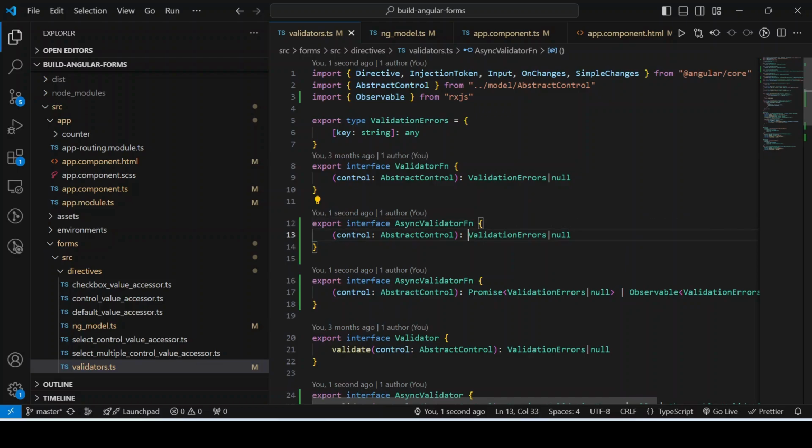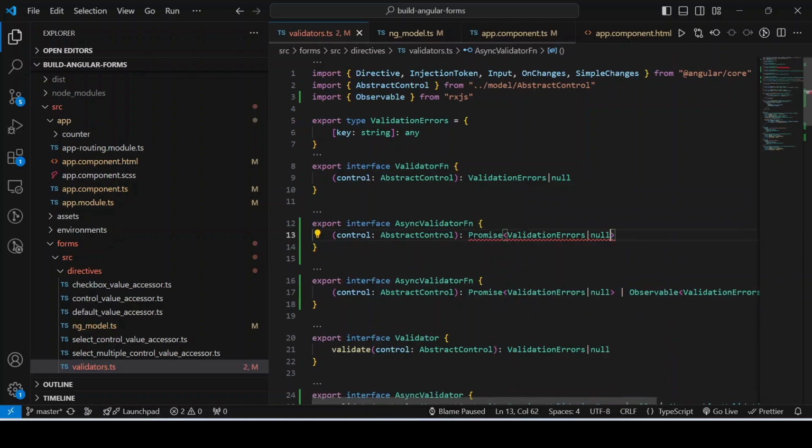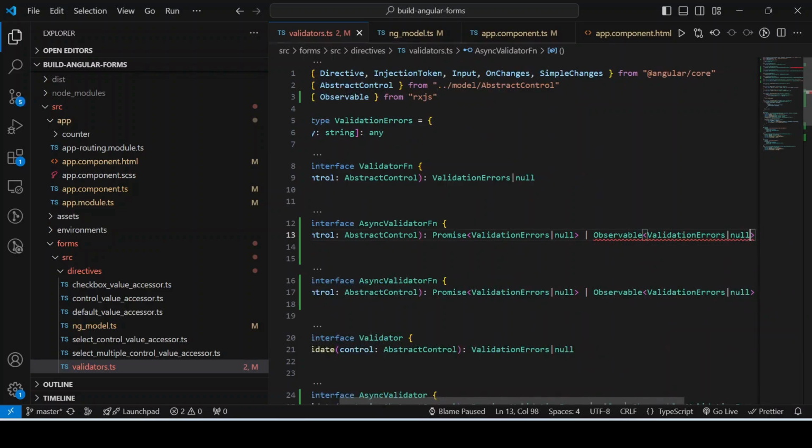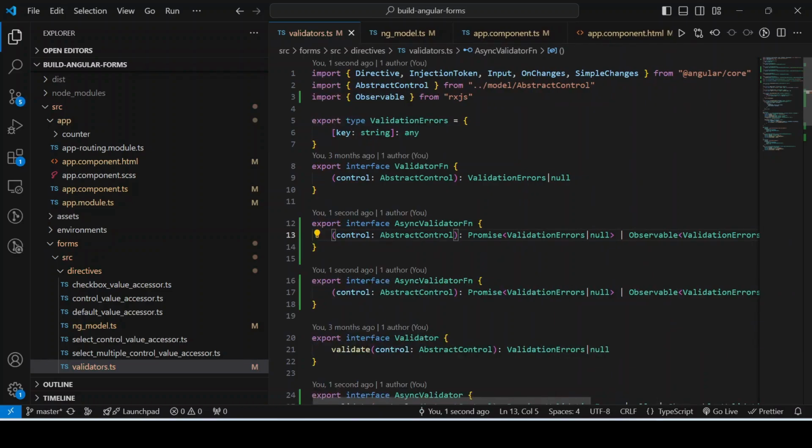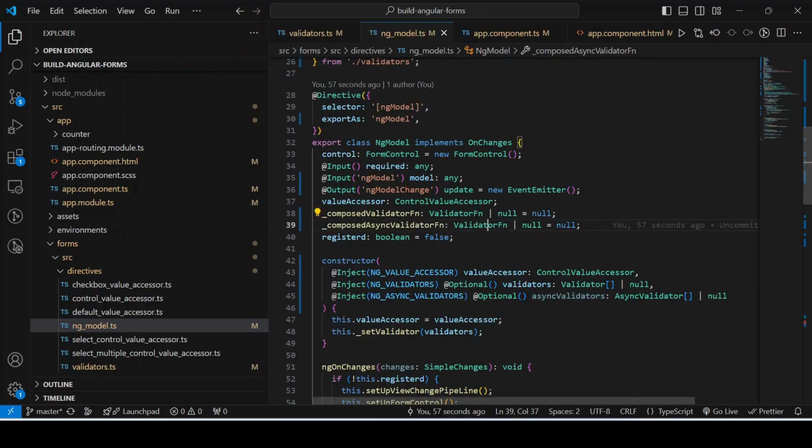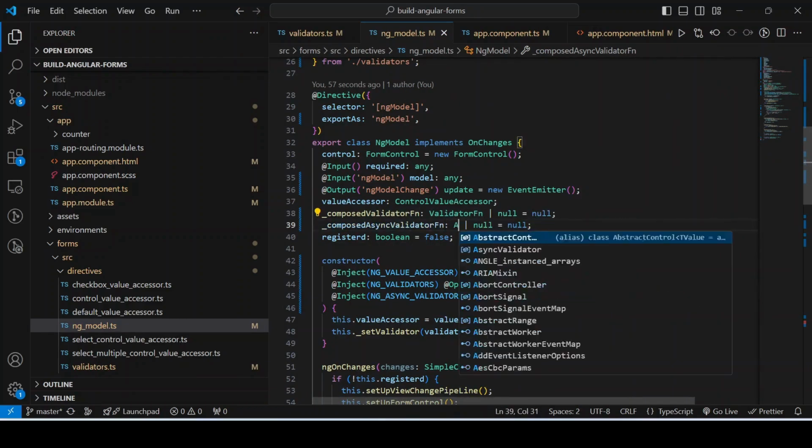So what it will return, it will return either a promise which resolves or rejects with these values, or an observable. I hope you are aware of promises and observables. All right, so let's go back to the ngModel and replace it with async